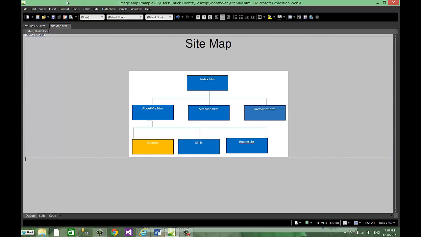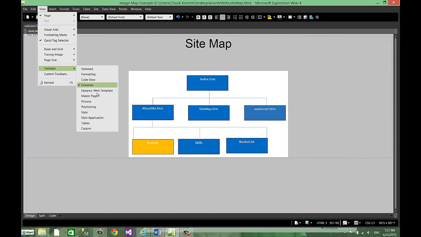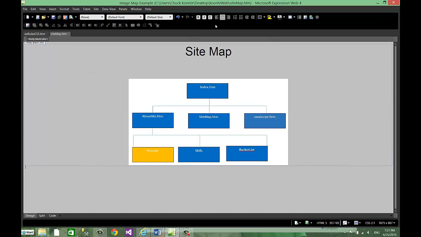All right, so what do I need to do? I need to get the picture toolbar on here so I can use the tools that are needed for the image map, and to do that I'm going to go to the View pull-down menu and choose Toolbars and Pictures toolbar, not to be confused with Drawing or anything. Pictures toolbar, and when that happens it docks another toolbar up here that seems to be completely inactive, but if I click on the picture it lights up, and important to me are these 3 tools